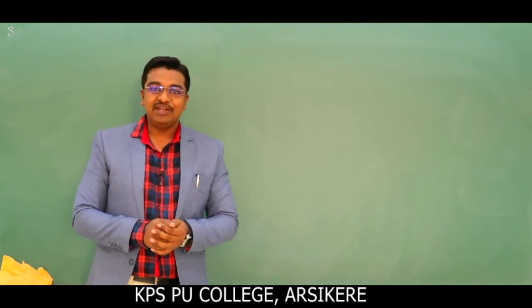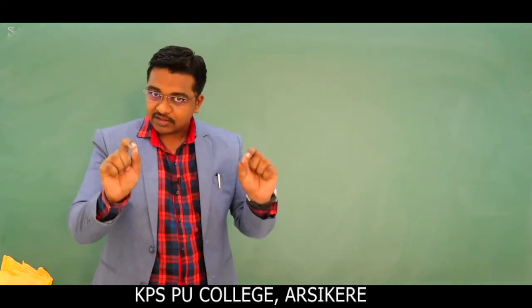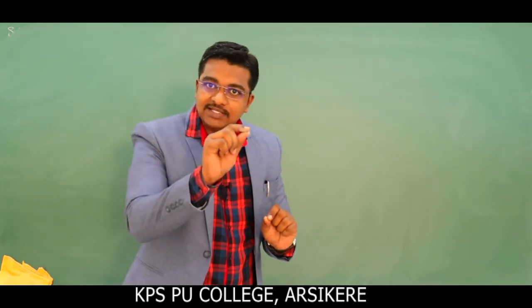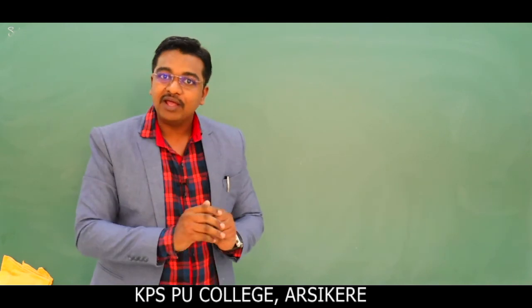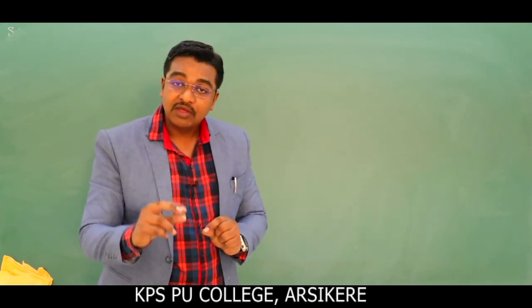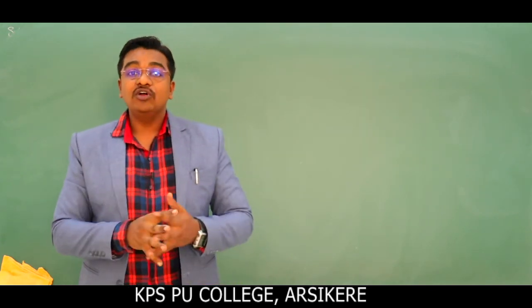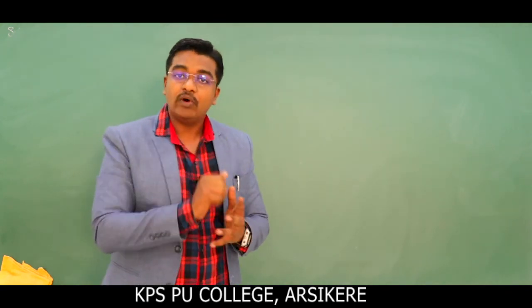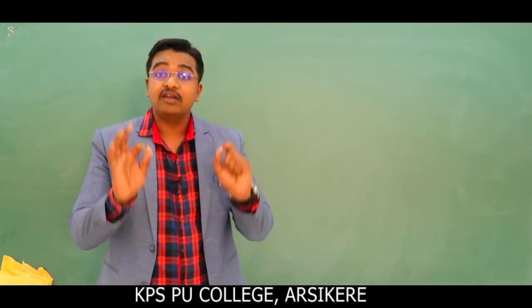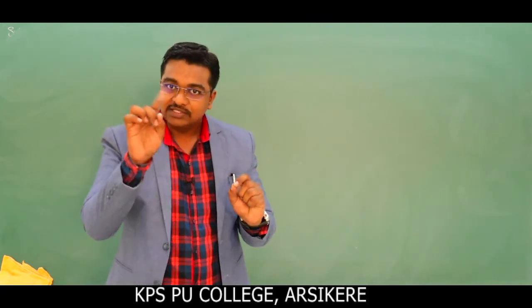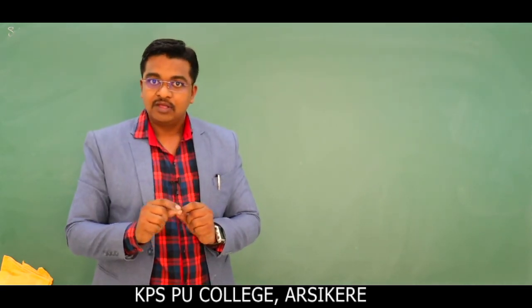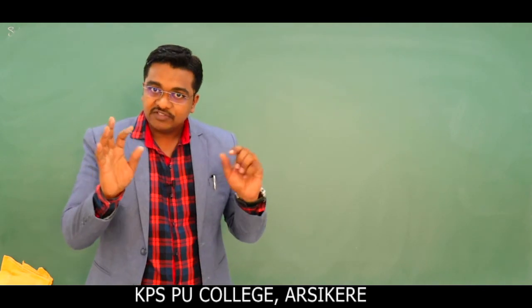Dear students, in this class we had a discussion on the multiplicative inverse of the given complex number. What is the first method? For a given z, the inverse of z is 1 divided by z. To simplify that term, we multiply and divide by the conjugate of the denominator, then separate the real and imaginary parts after simplification. This is method 1. Method 2 is the direct formula: z inverse is equal to z bar, that is the conjugate of z, divided by modulus of z whole square. I repeat again, z bar divided by mod of z whole square.